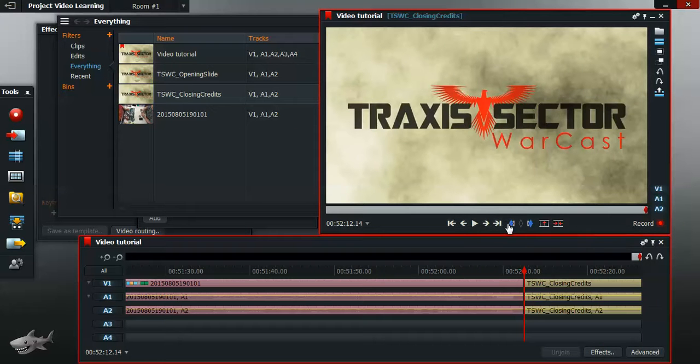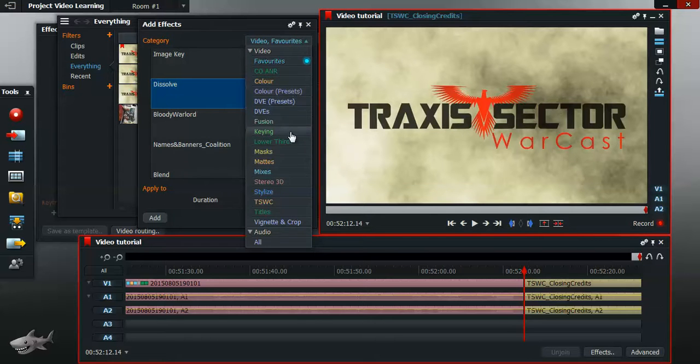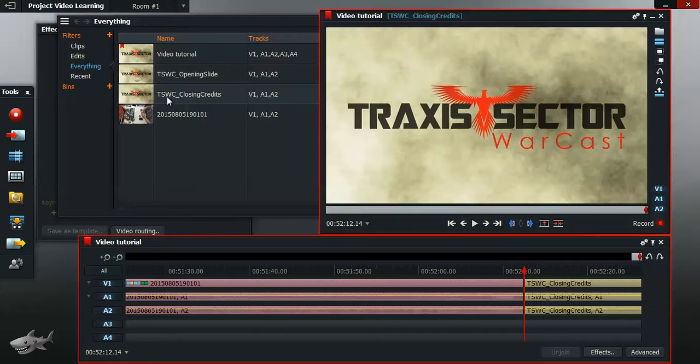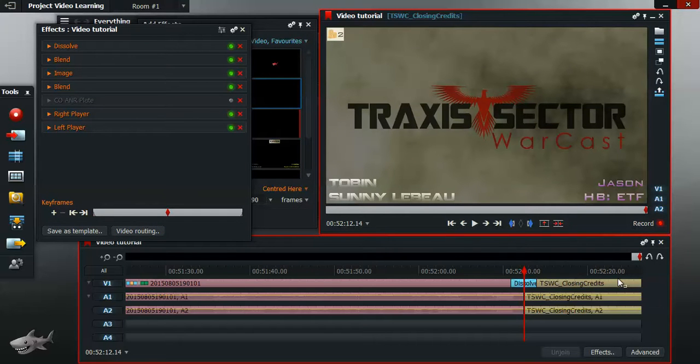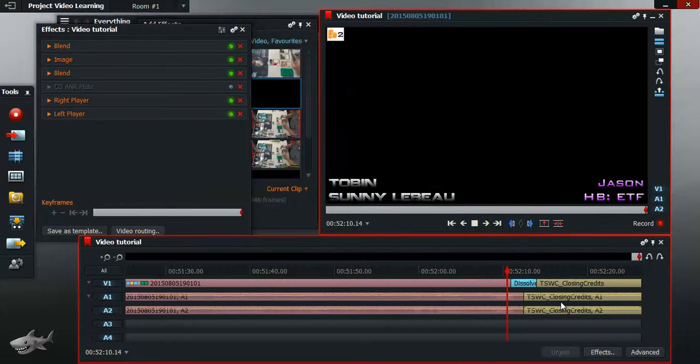So I go back. I want to add a dissolve effect, which is in my favorites. Now the favorites, I didn't go over how to identify something as a favorite. It seemed fairly explicit, but you just toggle this star on and off. Okay. So I want to hit that. Favorites. My dissolve is there. And I say add. Okay, and then we go to this point and we see